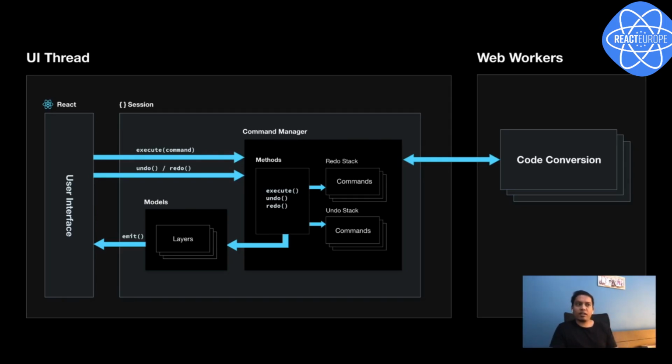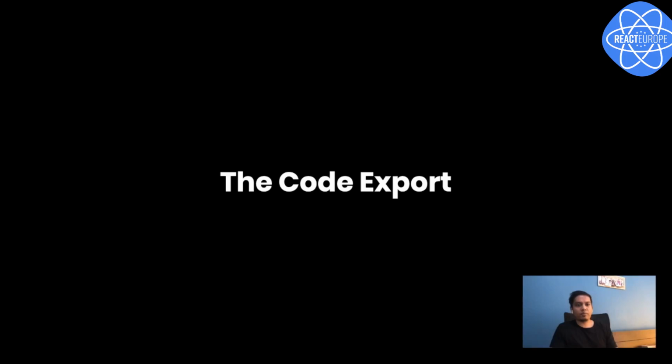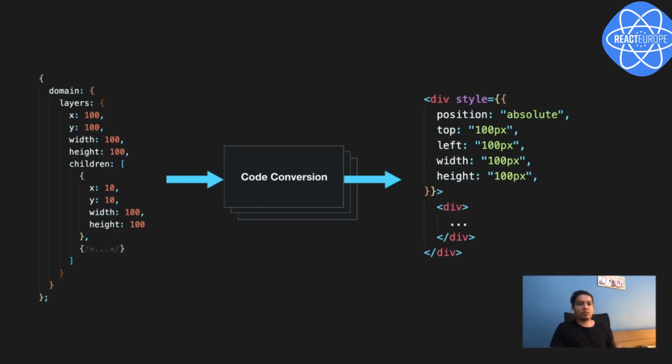Let's have a closer look at code conversion, what actually happens there. So on a very high level, code generation is a function that receives the session object and returns a string. The mapping looks like this for, say, React export, but you can see inline styles and absolute positioning. Who likes that? So we implemented an algo that converts these absolutely positioned elements to flex with margin and padding. And we also moved out the inline style to components using styled-components, CSS in JS. That's a different story, but yeah, that's what we did.